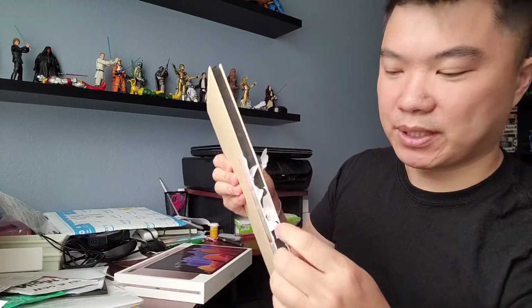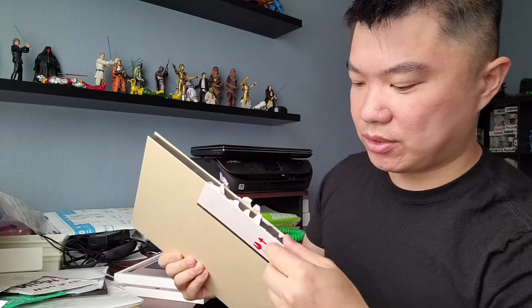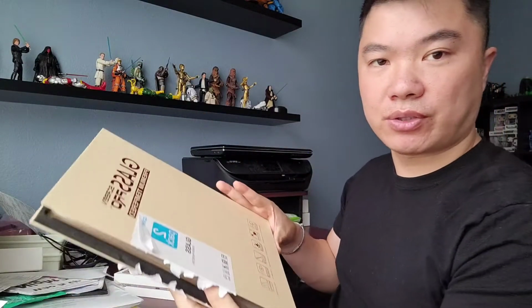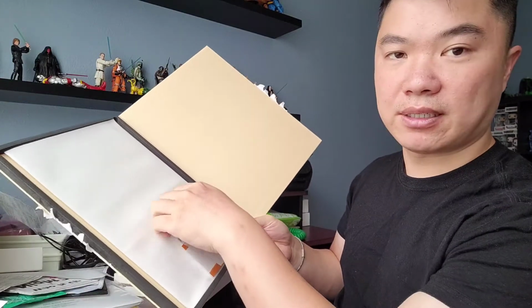Okay guys, I finally got it open. It was pretty tough to open this part. I think these are made from like a plastic tape, so it's pretty hard. On the back it does say that it's made in China. Pretty fragile. So when you try to open it, first thing you see is